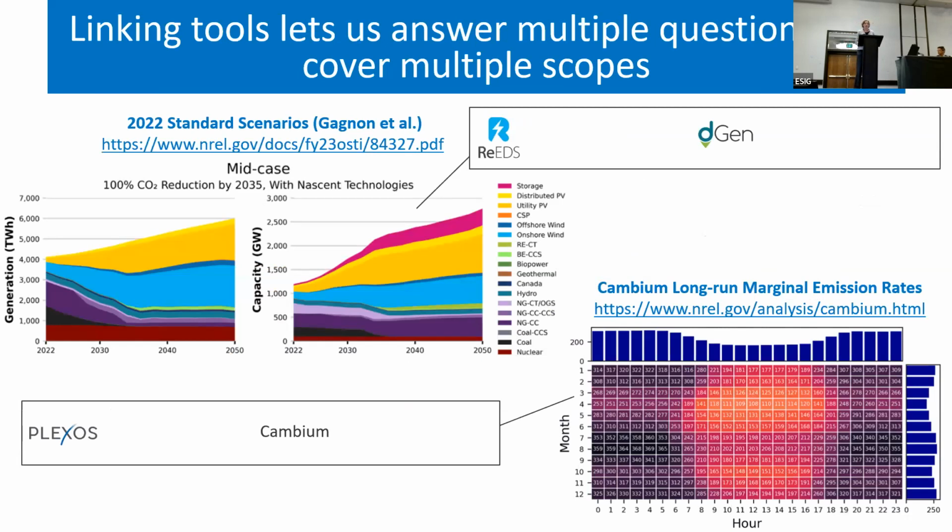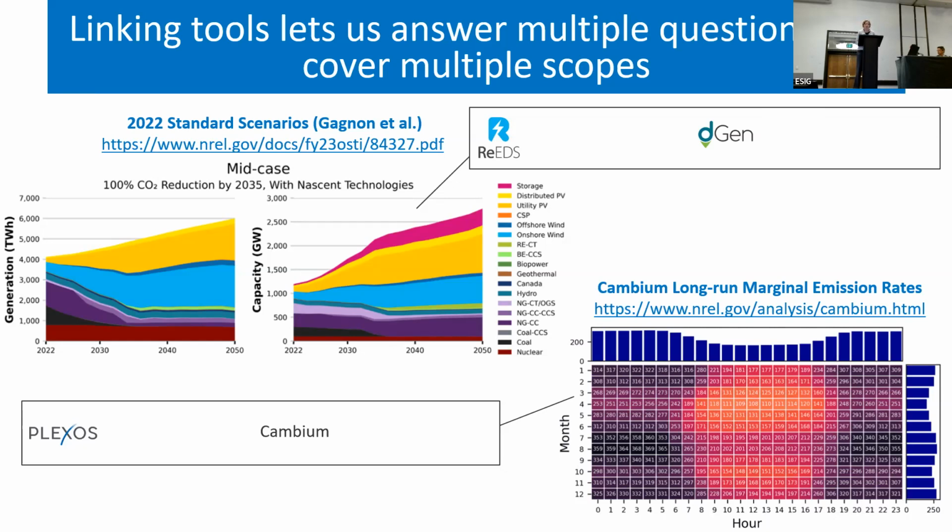But as we've been developing these standard scenarios and as they've matured, NREL has also recognized that there are actually a lot of different people that have a lot of different questions about what our future power systems might look like and how they might be interacting with them. For example, building owners might want to know whether they should invest in PV, or whether they should install a heat pump now or in 5 years. Maybe they're on a system that's heavily powered by coal still, and they're not sure what the emissions pencil out to be. So addressing these different kinds of questions at relevant geographic and temporal resolutions has required linking